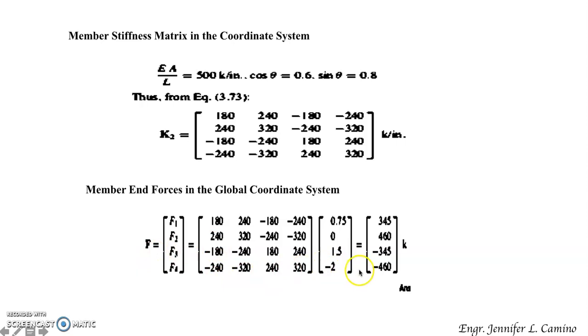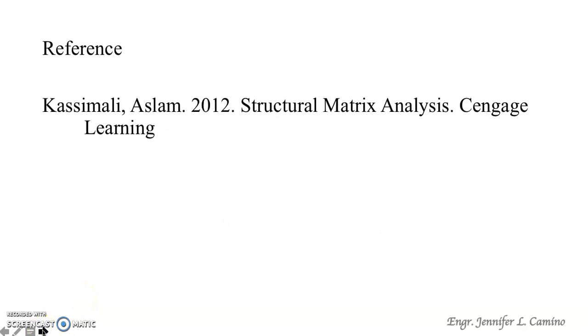If we try to simplify this one through operations of matrices, we obtain now our value, which is 345, 460, negative 345, negative 460 kips for F sub 1, F sub 2, F sub 3, F sub 4 respectively for member 2. So that is the unknown required data for the sample problem that was illustrated for this member stiffness relation in the global coordinate system. So that ends for the